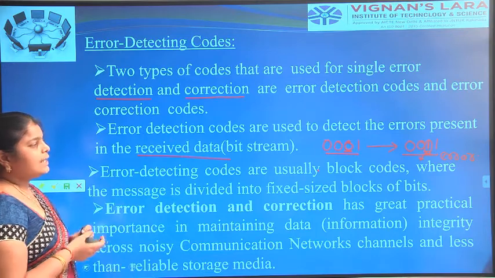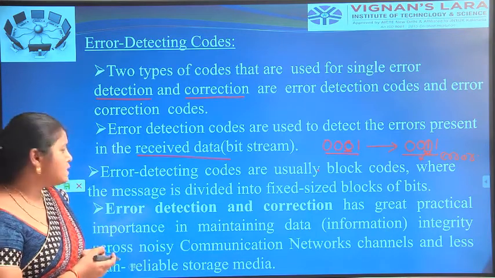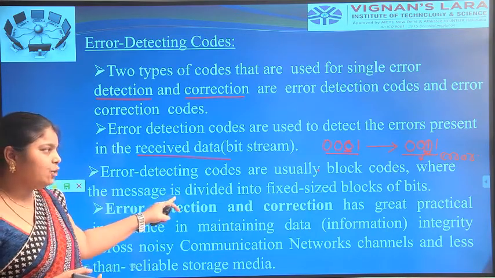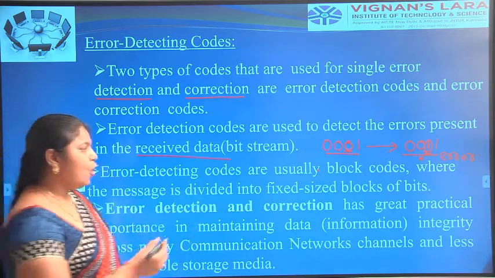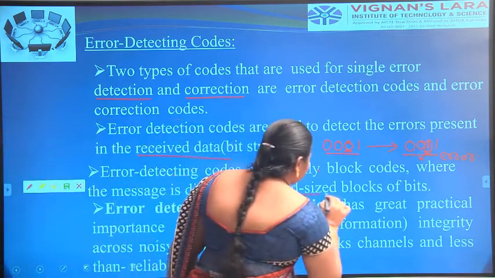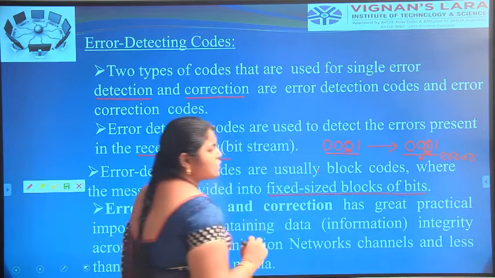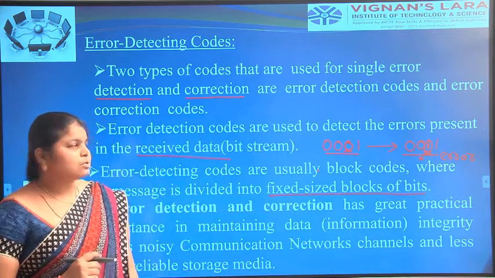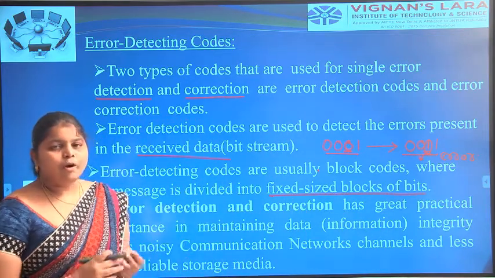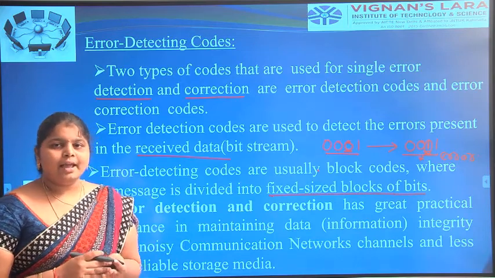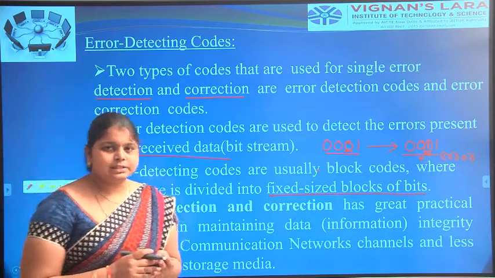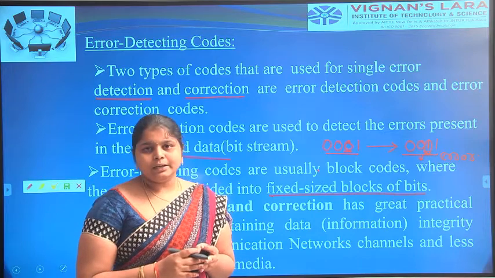Error detection codes are usually block codes, where the message is divided into fixed-size blocks of bits. Fixed-size blocks of bits means 4-bit, 8-bit, 16-bit and 32-bit representations.